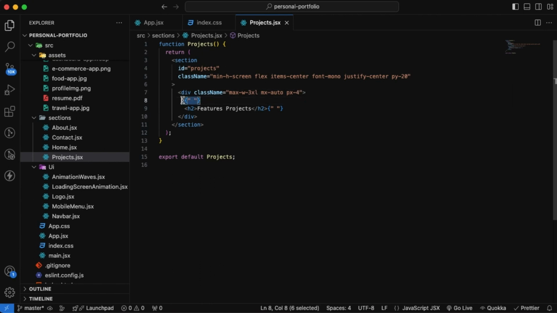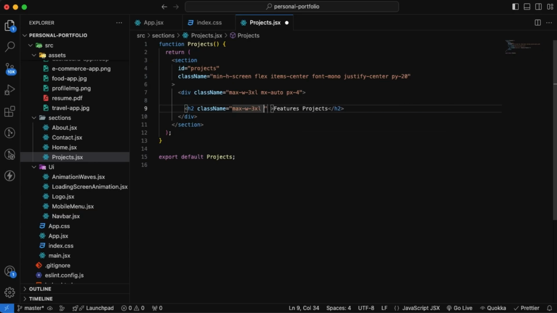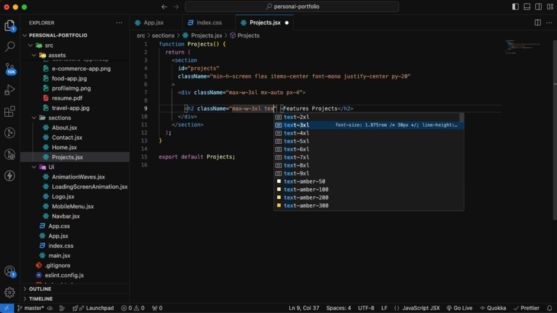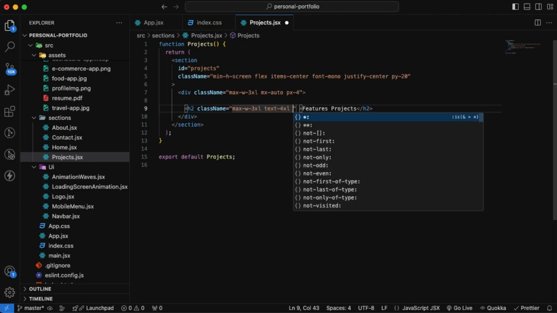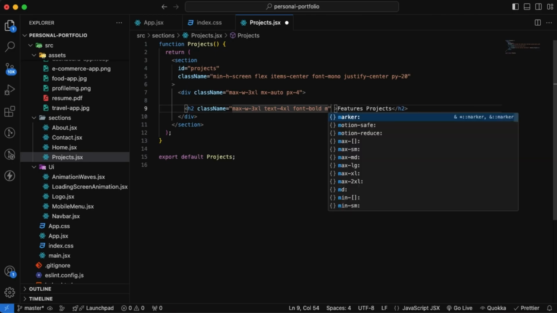Let's get rid of this annoying things here, and style our text here. We want the text size to be 4 pixel, and the font to be a little bit bold. We want some margin on the bottom to be 8,